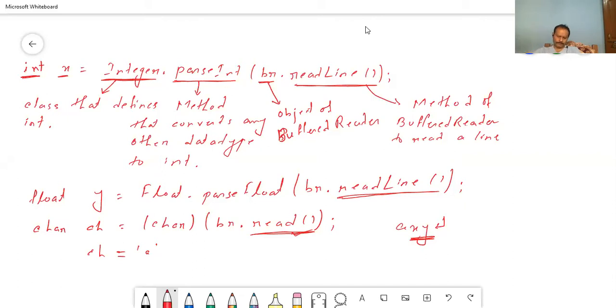Okay. Now the another method of taking input. We are moving on to another method of taking input, and as well as I'm going to clear the board. So first let me clear it out.